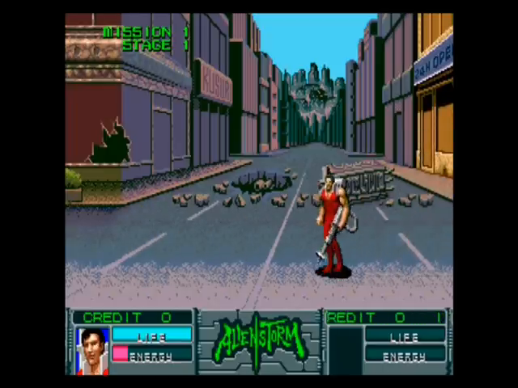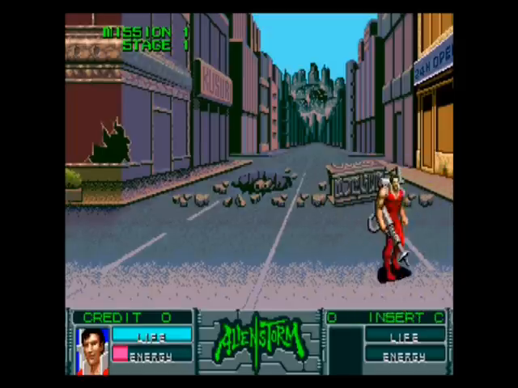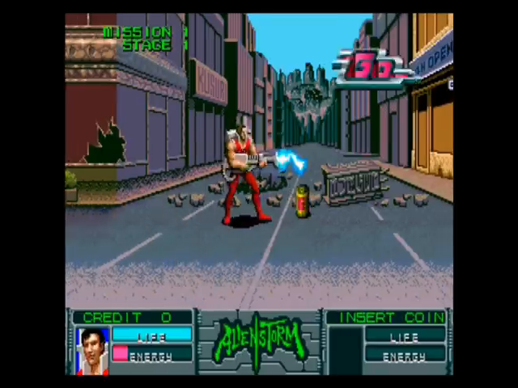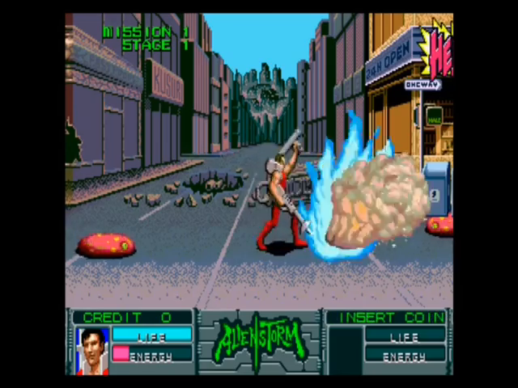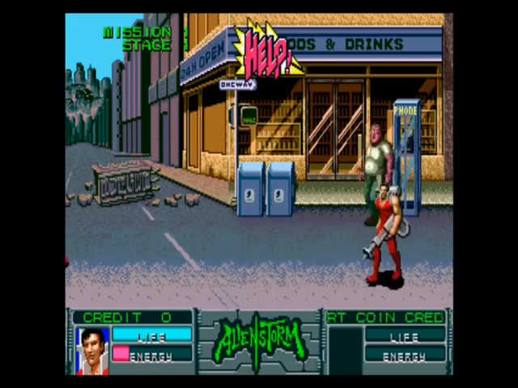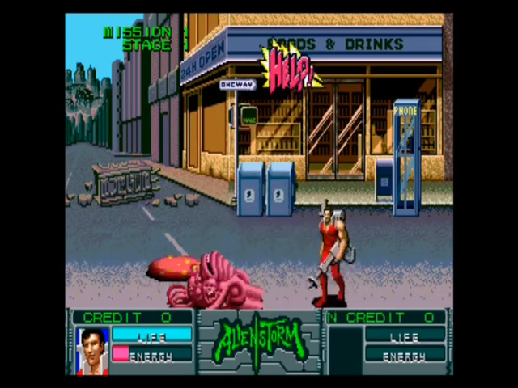But yeah, basically these levels are Golden Axe with a new skin. Just replace the laser gun with an axe or a sword, and the creatures with various dragons and demons or whatever. And you've got Golden Axe. But it's not long before you reach the end of the level, and we're going to go into that food